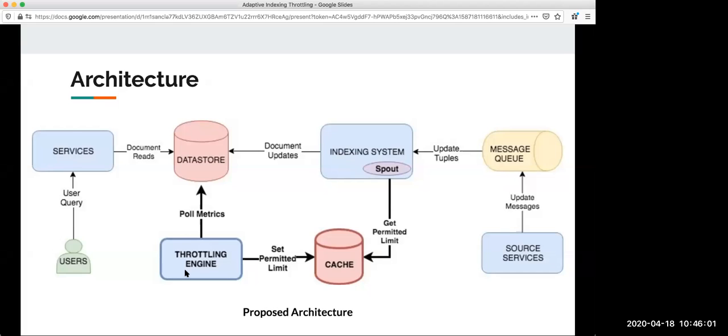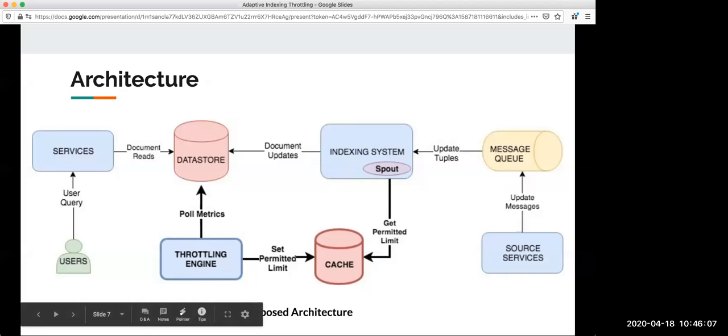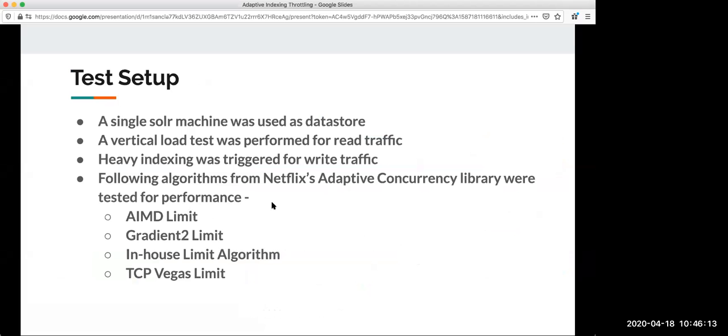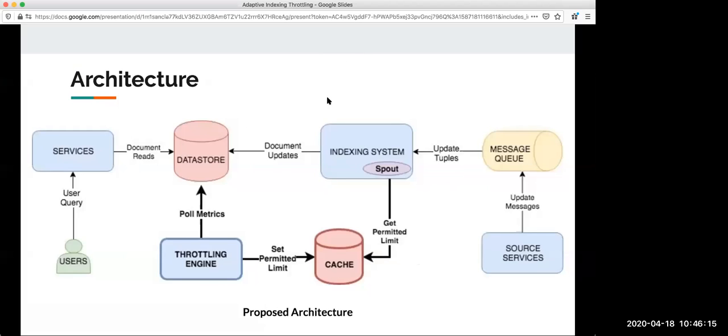Then it will try to come up with a limit for both the data stores independently. It will say, okay, Solr can do 1000 per second and Redis can do say 500 per second or something like that. So the throttling engine calculated a limit, it pushed it to a central cache.